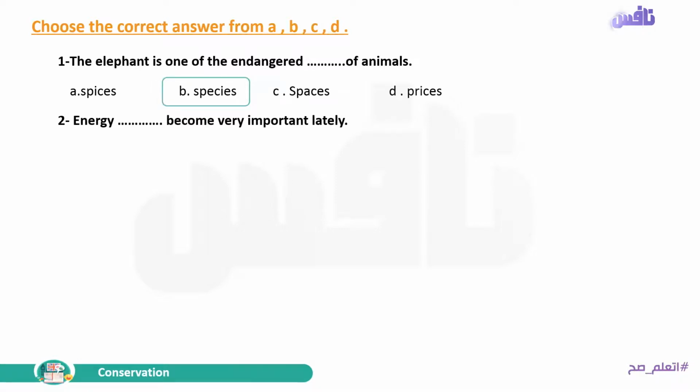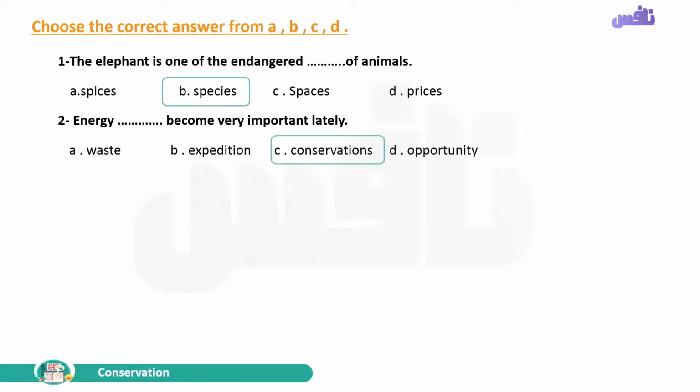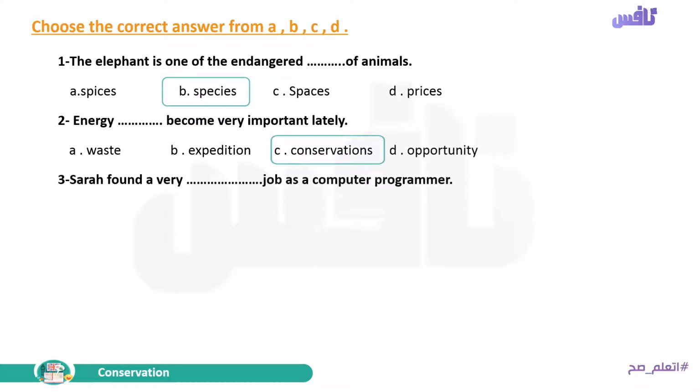Number 2, energy conservation has become very important lately. Waste, expedition, conservation, opportunity. The answer will be conservation.